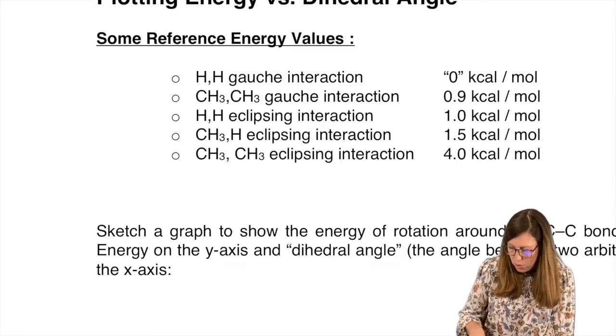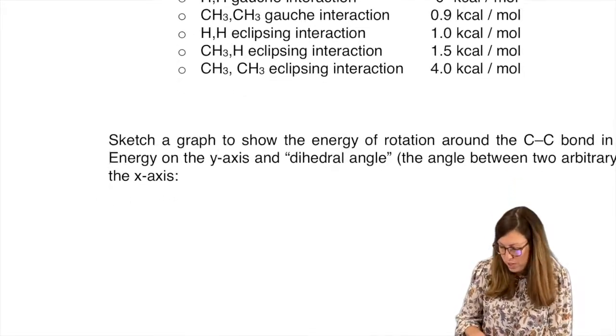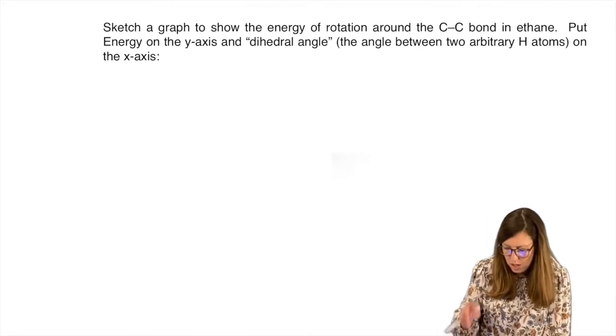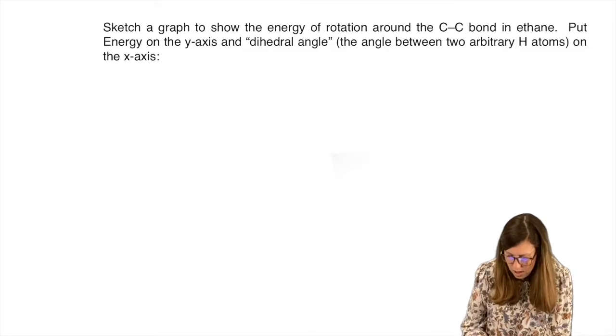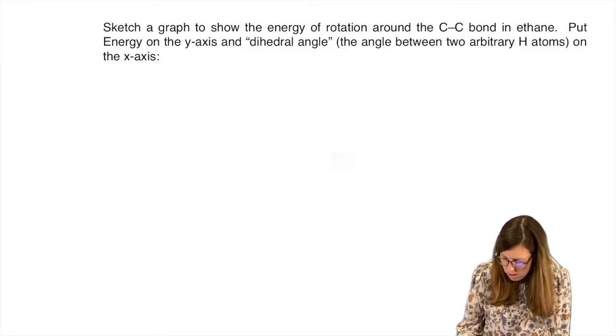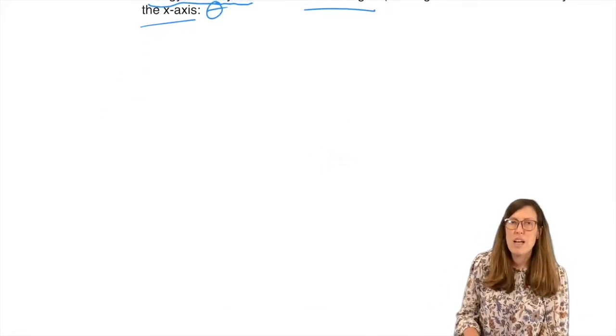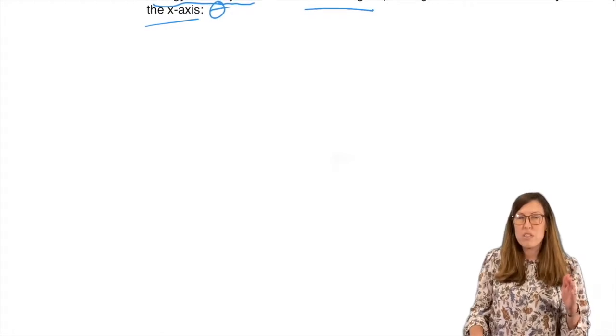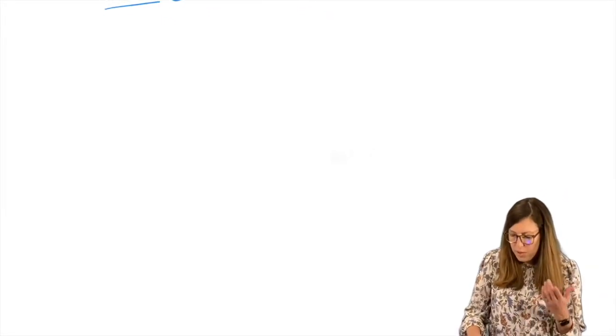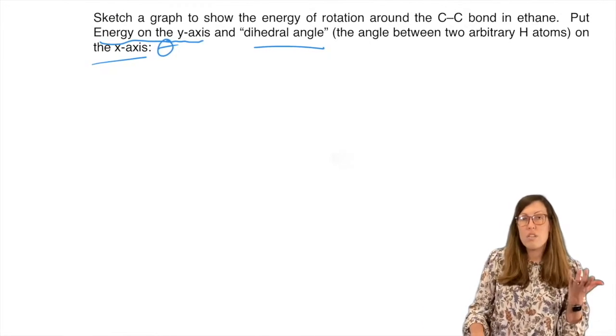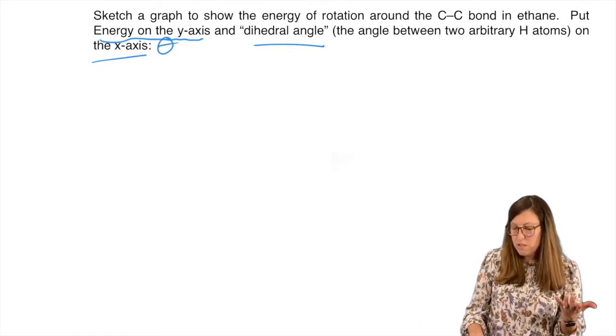All right, so we're going to actually calculate the total energy of each conformational isomer and plot them on an axis. So we are going to plot on the x-axis the dihedral angle, often theta, and on the y-axis, it's going to be energy. Total energy, though. So let's do a little tally, because we might have more than one gauche interaction, or more than one eclipsing interaction. Before we can do that, we need to know how to draw all the conformational isomers of ethane. All right, so let's do that first.